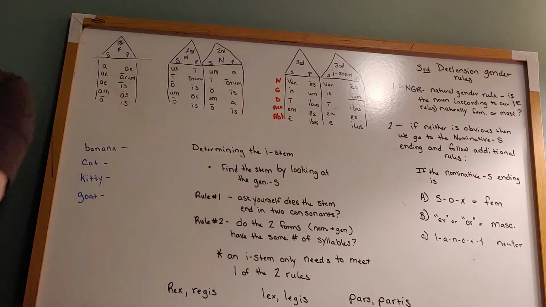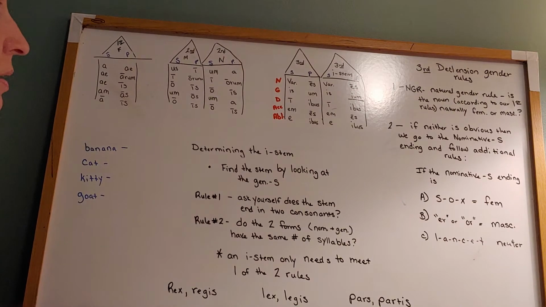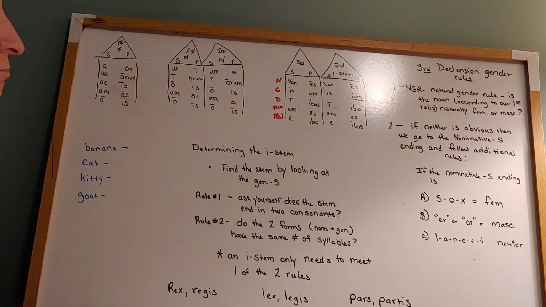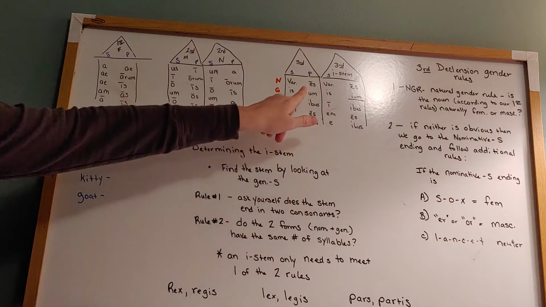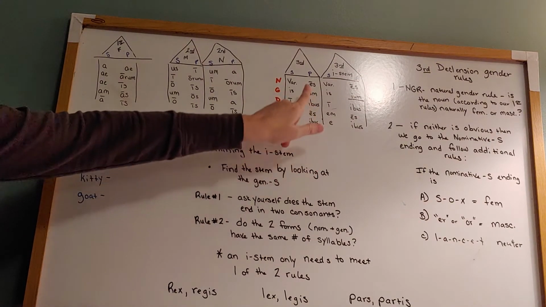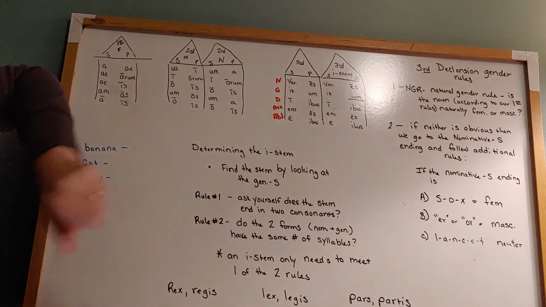So when we learned this, we said, our song, let me see if I can remember it. Various, is, e, em, e, various, is, e, em, e, singular third declension. There it is. I was trying to think of the order. Es, ium, ibus, es, ium, ibus, plural third declension.